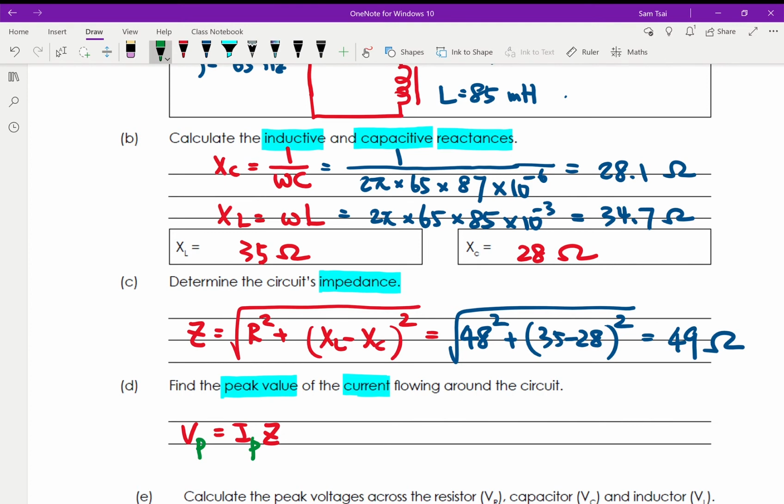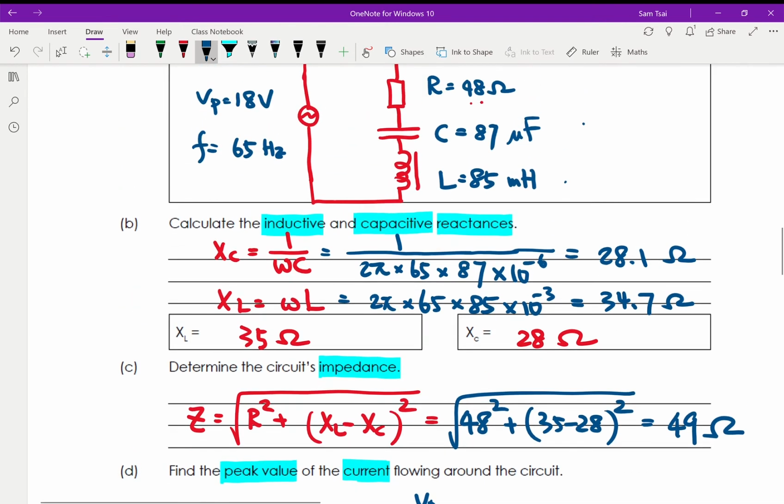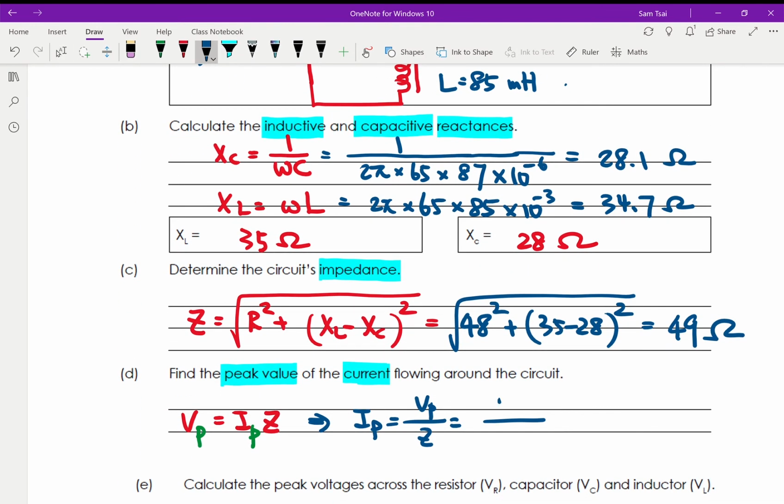Rearranging, the peak current equals VP over Z. VP is 18 and Z is 49. From the calculator, this is 0.37